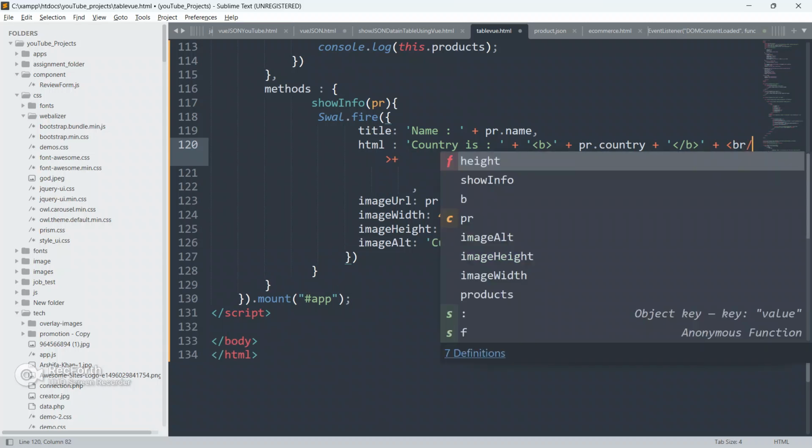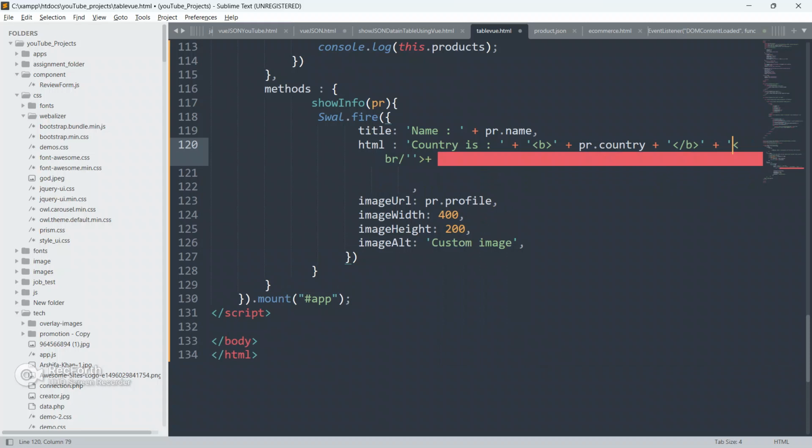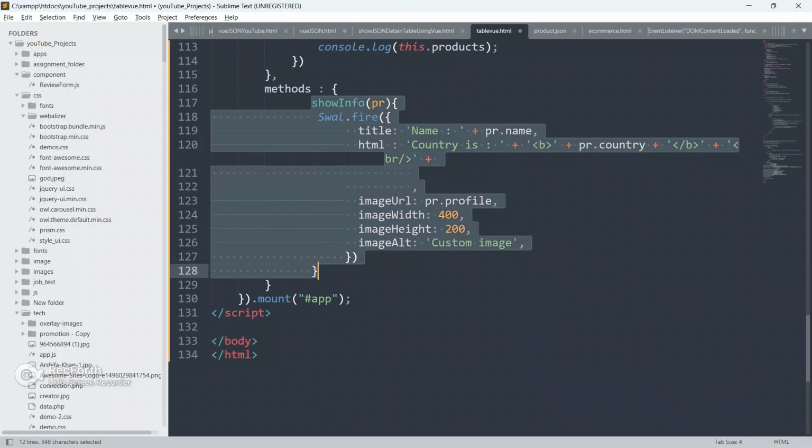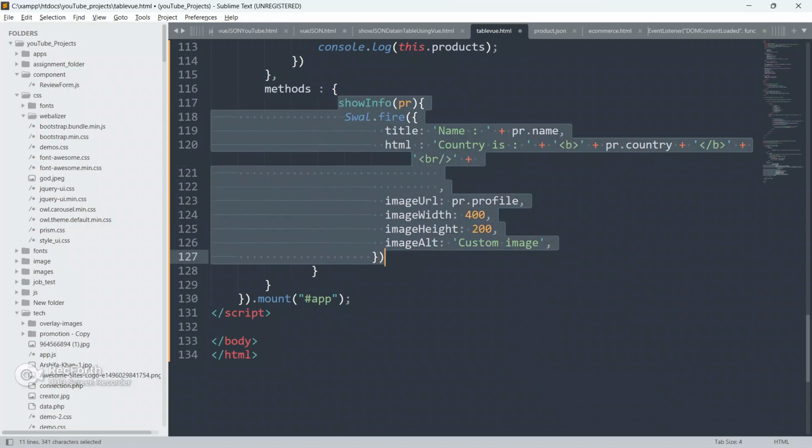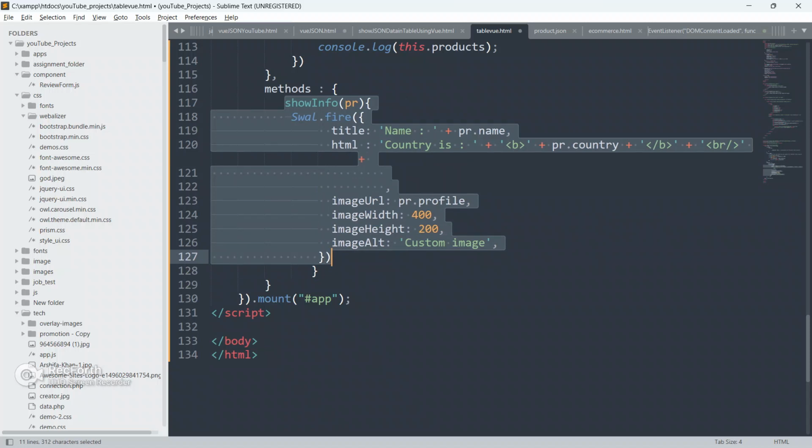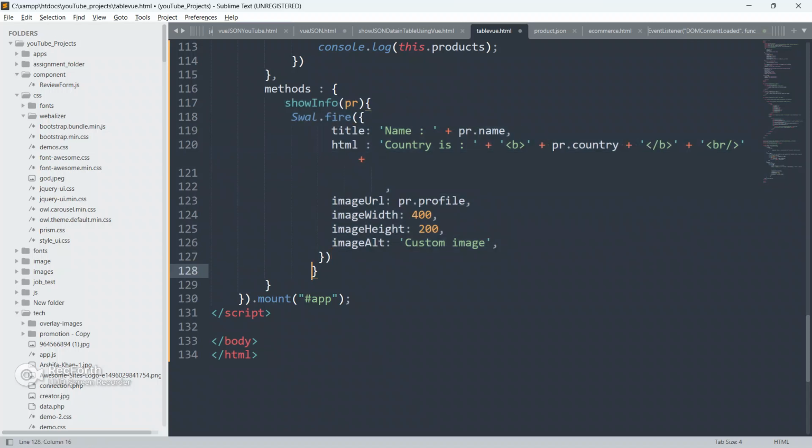So put plus, concatenate, give BR also for line break, and close this. And now let me just do one more thing. Give some space, yeah, then only you will understand what I am doing.